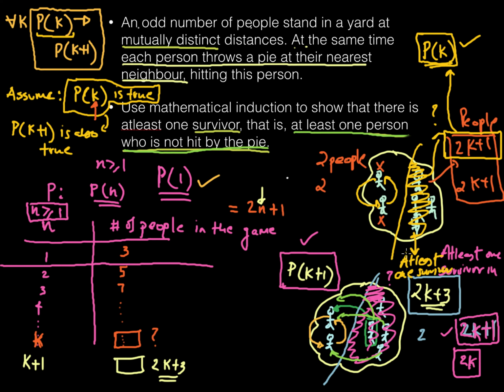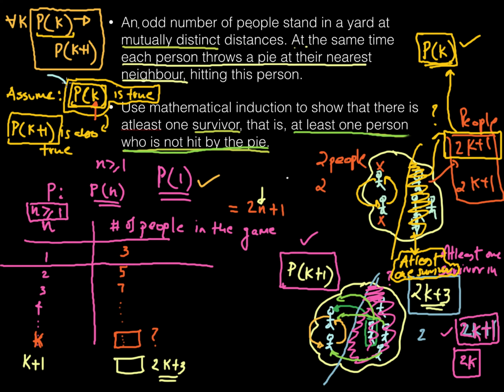My handwriting is getting terrible over here, but at least I'm using my audio, so you can hear me say that there is at least one survivor in this half. That's the assumption that I started with. So with this we finish a mathematical induction where we have shown that the expression P of k plus 1 is also true when P of k is true. And because I know that P of k plus 1 is true when P of k is true, and I know that the basis is also true, the moment I take my basis, which is P of 1,